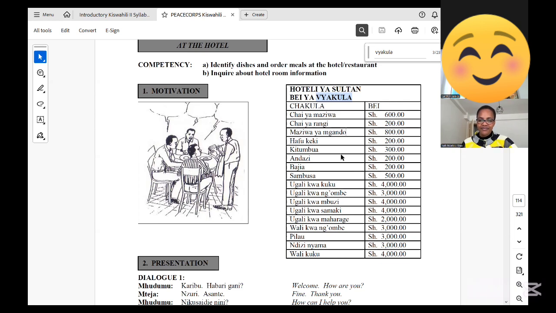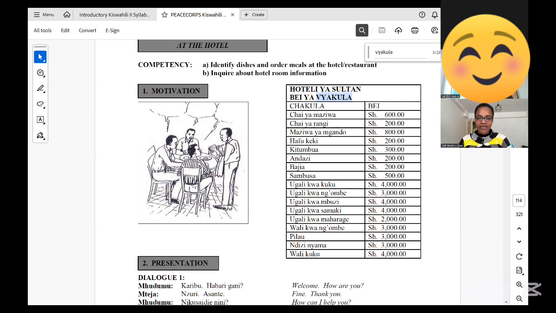Shilingi mia nane. Good. Hafu keki. I think keki must be cake. Yes. And then hafu, is it just a piece? It's half. Okay. Half cake. I mean, they call it half cake because of how it is made. It looks like a cake, but it is not a cake. It's a type of